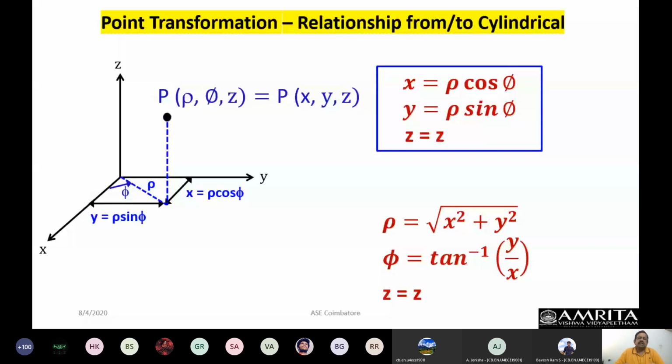pull the limits of these integrals as running, depending on the way I visualize the problem, with rho running from 0 to infinity or minus infinity to plus infinity, depending on the problem nature. Again, z can also run from minus infinity to plus infinity, and phi can only go from 0 to 360. That is the only thing which is very evident.